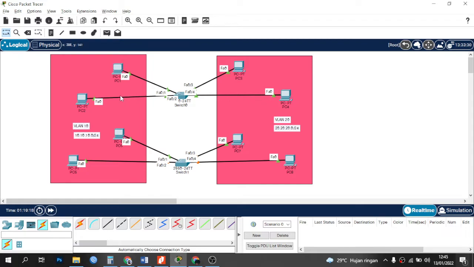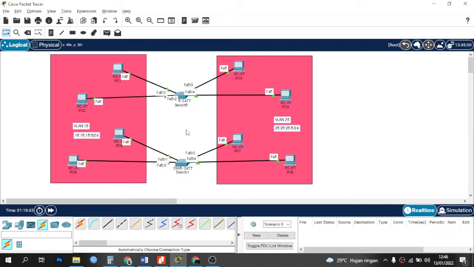The network on the left is 10.10.10.0/24, while on the right the network is 20.20.20.0/24. First, make the VLANs on switch 0 and on switch 1.